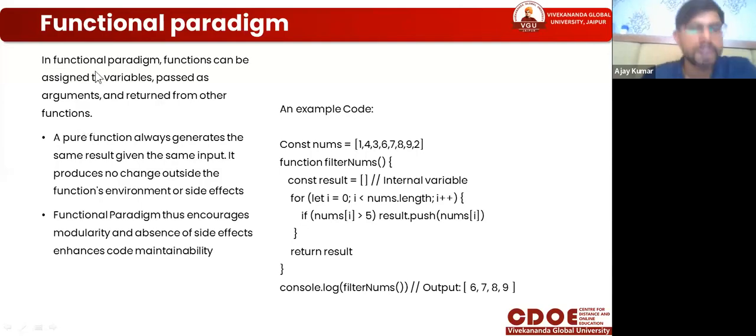So in the functional paradigm, functions can be assigned to variables. Passing means the values we assign are called passing values. We are passing a value to number. We are passing any number here. We just assign a reference, and when we use that type of num, we just put that num.